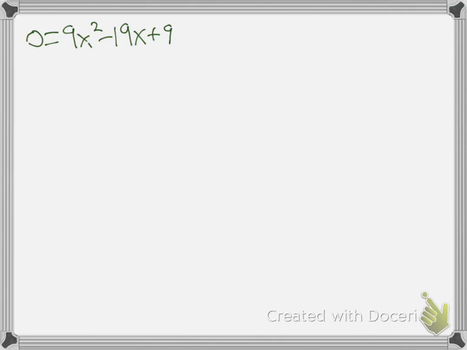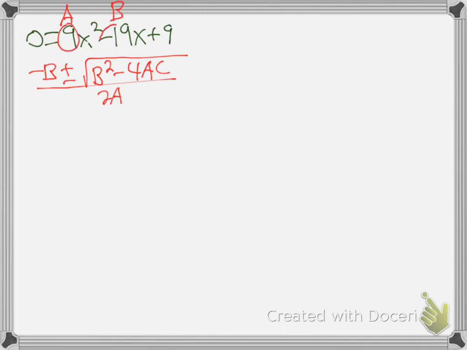Okay, plug into the quadratic formula: negative b plus or minus the square root of b squared minus 4ac, all over 2a. So a is 1, b is minus 19, c is 9. Plug them in. Careful, it's negative b, and b is itself negative, so it's negative negative 19. Two negatives make a positive. Plus or minus square root of b squared